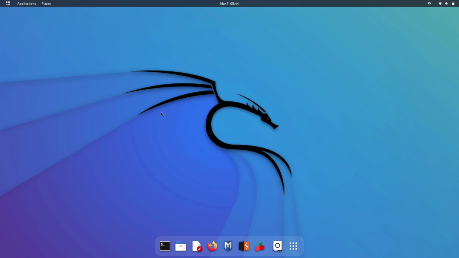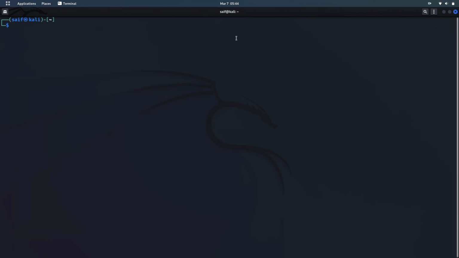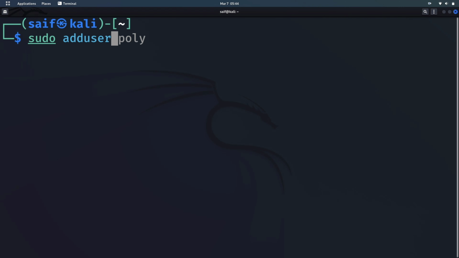This is basically the second part of our previous video in which we learned 15 out of 30 commands that every Linux user should be aware of. So moving to the commands, let's see the last command that we learned in our previous video, which was adduser command. So I will use that command because our next command, that is the first command of this video, is connected to the previous command.